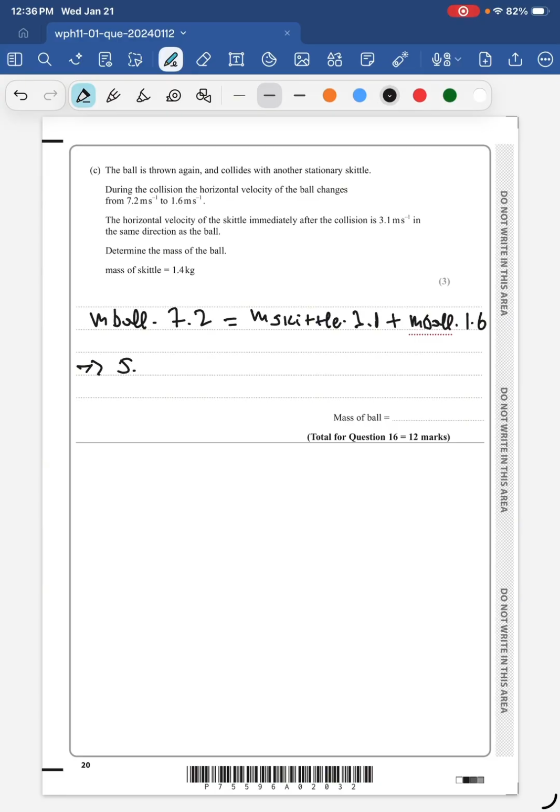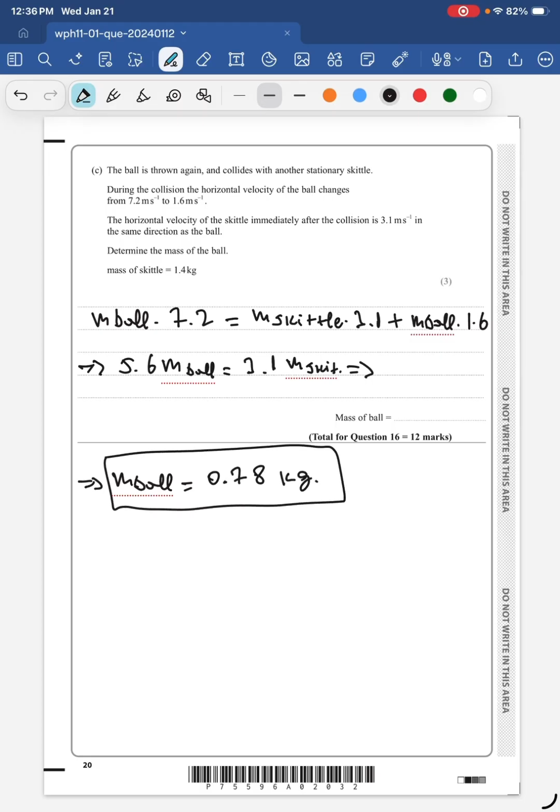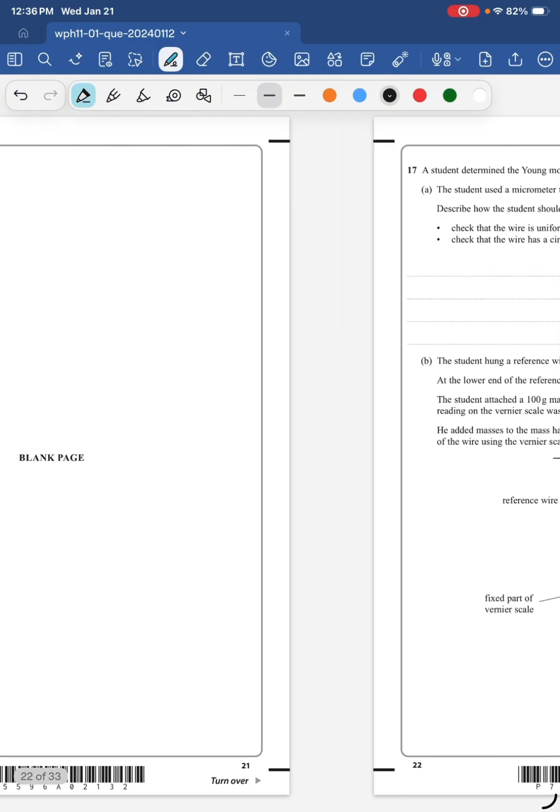So 5.6 times the mass of the ball should equal 3.1 times the mass of the skittle, and if we plug in the numbers, the mass of the ball is 0.78 kilograms, which is the answer. And it agrees with the mark scheme, so let's move on